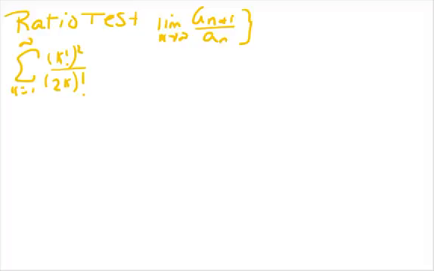If that limit is less than 1, or greater than or equal to 0, then the series converges. So recall that the series is going to converge. Okay, so the setup of the problem,